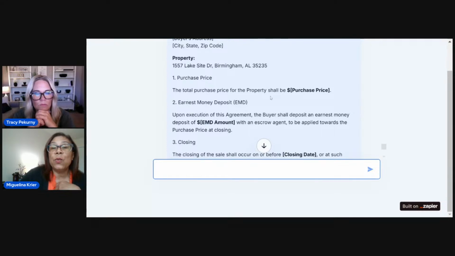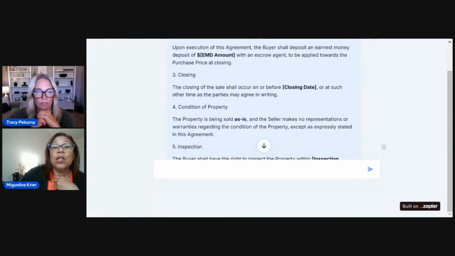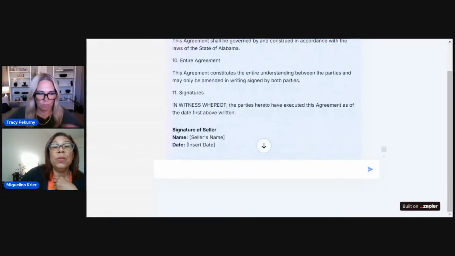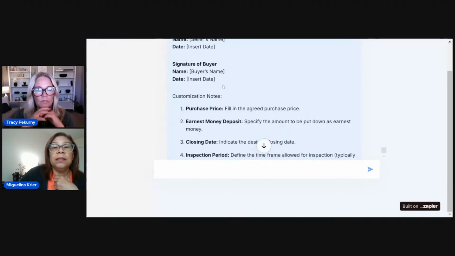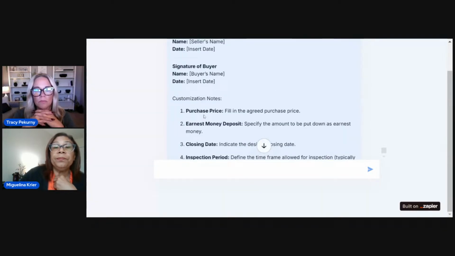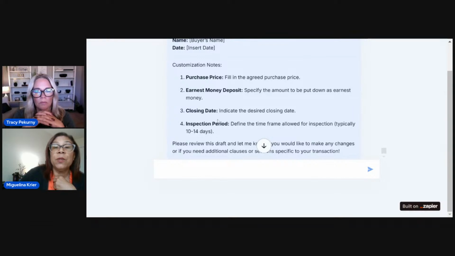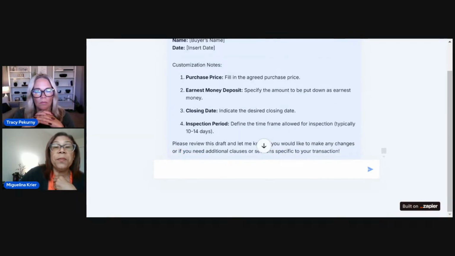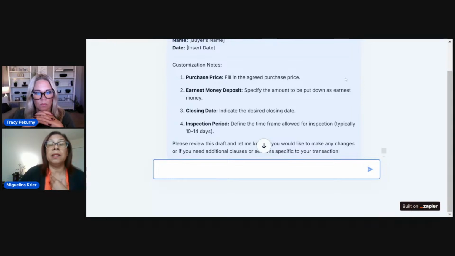Okay, so it's asking me to give this information: the purchase price, the deposit, closing, condition of property, inspection. It's giving me the notes on the bottom: agreed purchase price, earnest money deposit, closing date, inspection period. Okay, so it's asking me for this information, so then I can go back and say,